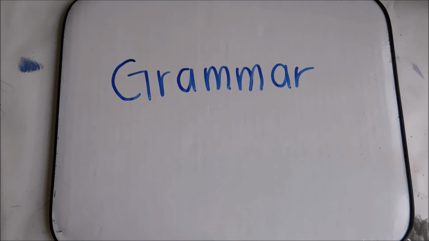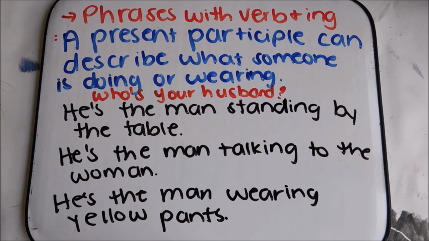Now we're going to talk about the grammar part of the lesson. The first one is phrases with the verb ing. The verb ing is also called the present participle, and we can use it to describe what a person is